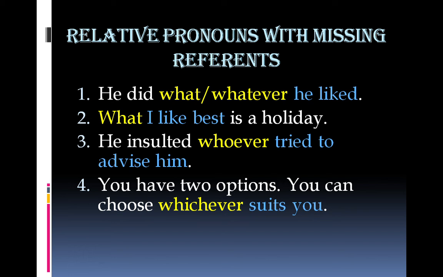So the what question that we make using the verb did in the first sentence is answered by this whole chunk of the sentence. He did what? Whatever he liked. So whatever he liked, the whole fragment, is the object of verb did. This is how it's a noun clause. It's a clause because it's an SV combination. He is the subject, liked is the verb, what or whatever is the object of verb liked. We'll have to call it a clause because of its SV combination, and a noun clause because it's playing the role of a noun.